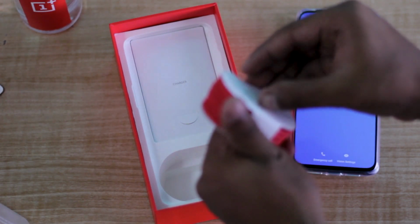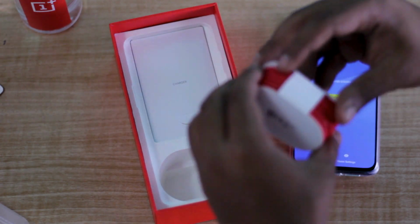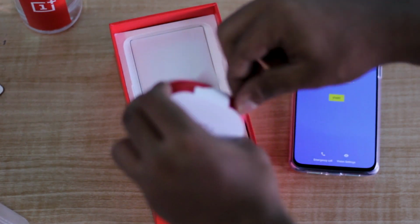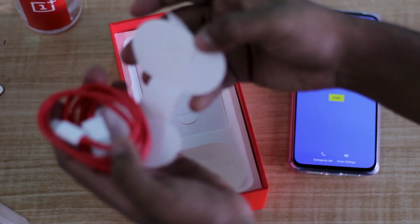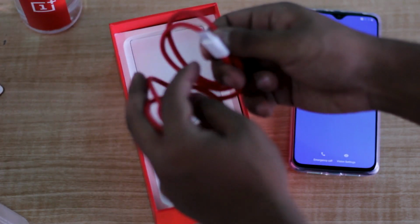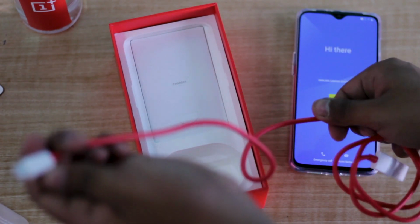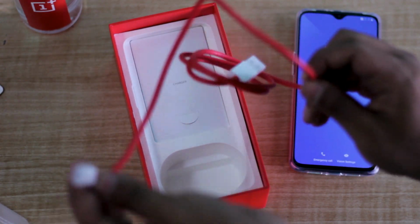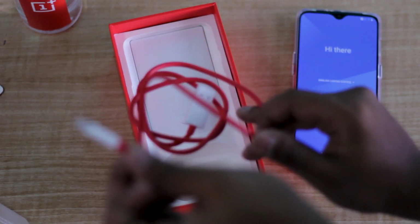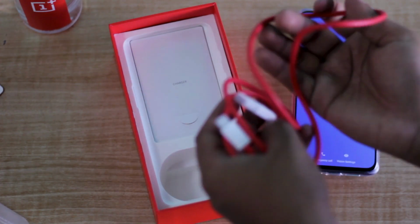I don't want to tear this thing up, so I will tear this thing up. That's not a problem, right? Okay, so we have the Type-C, a red Type-C cable, the classic OnePlus. And right away when I hold the cable, this cable is pretty nice, good quality cable, and some sort of